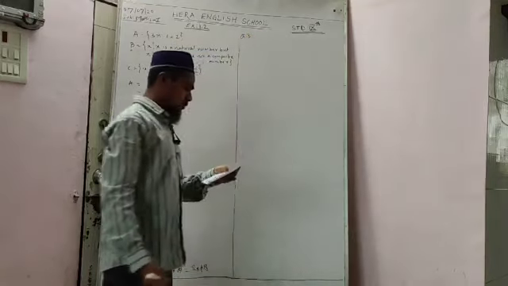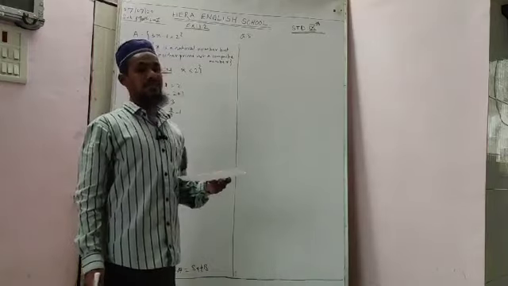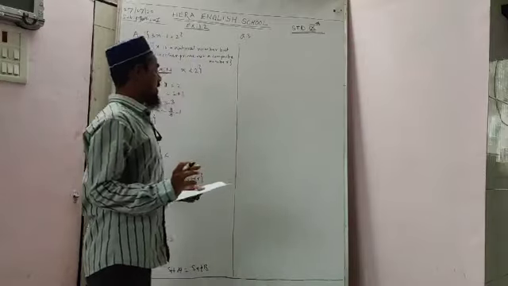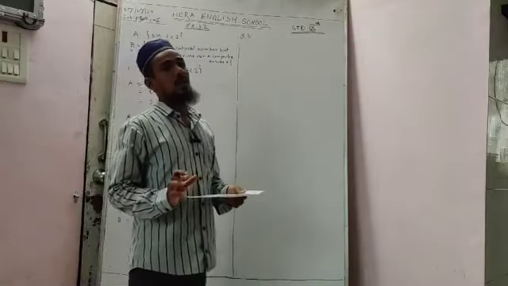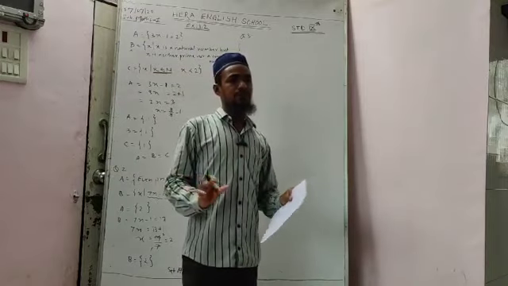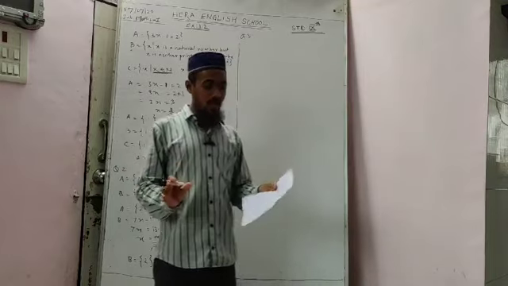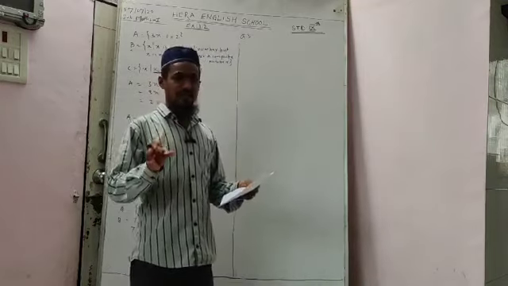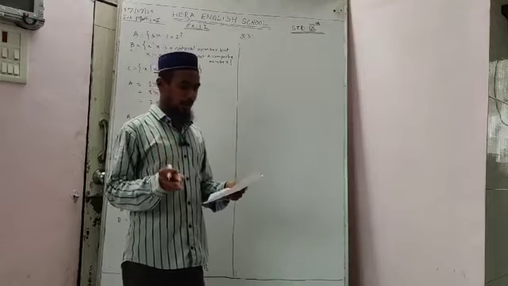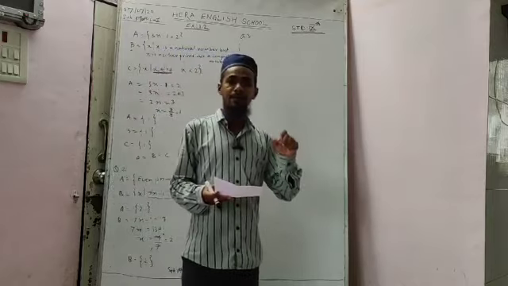Look carefully at question number 3. Which of the following sets are empty sets? Now be careful. What does empty set mean? The empty set is the set which does not have any element. It will be a completely blank set. No element is there, nothing, not even a single element, not even 0. We can say that particular set is an empty set.